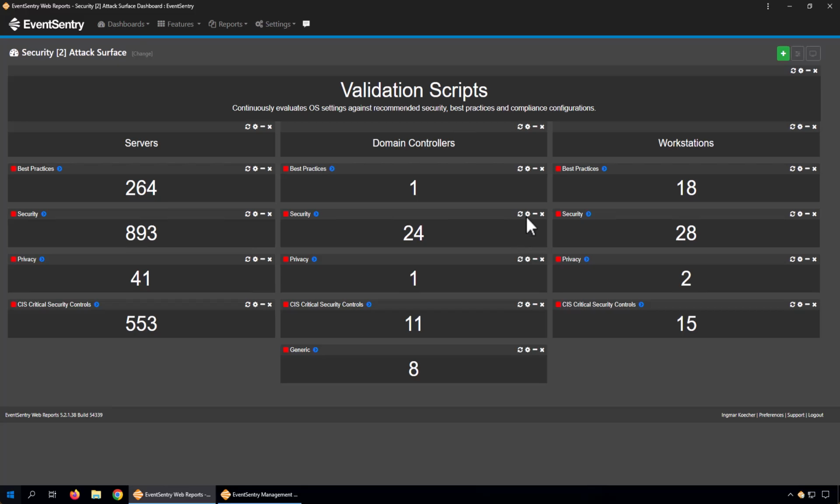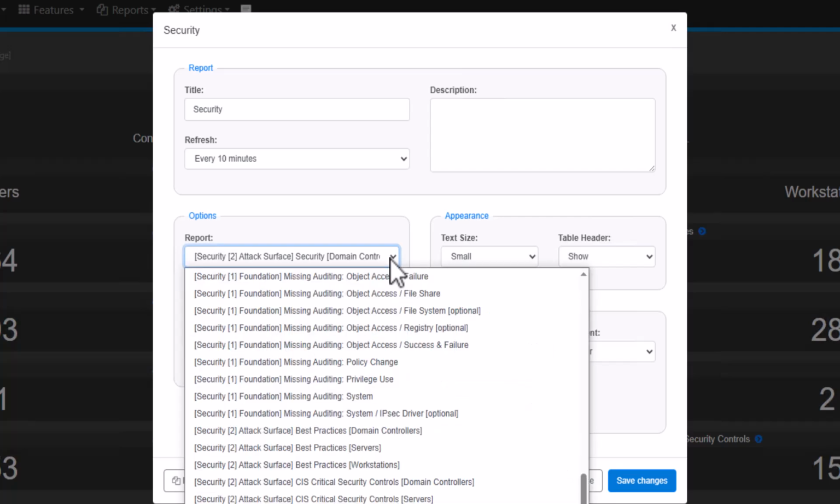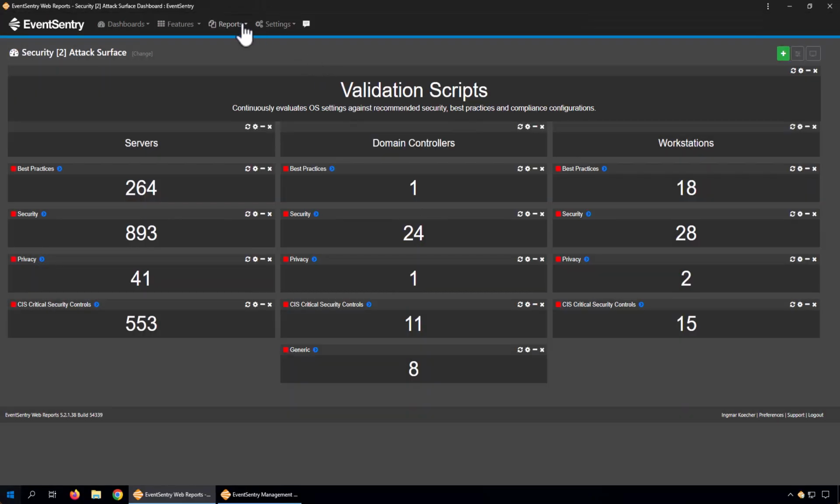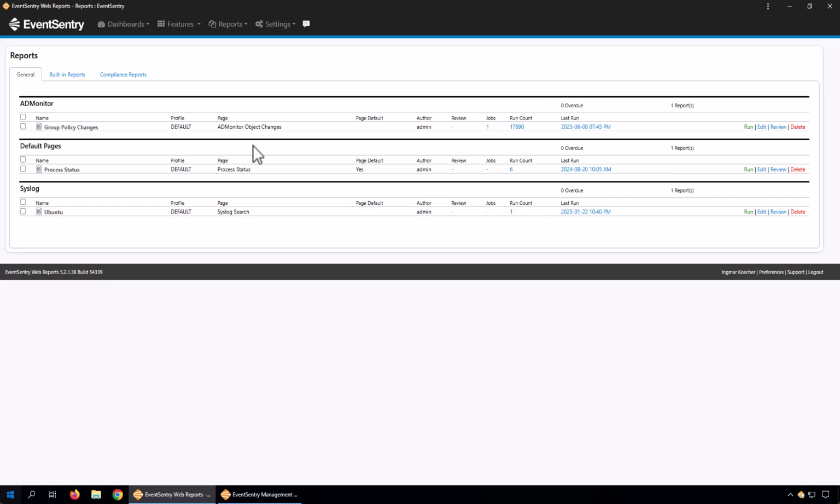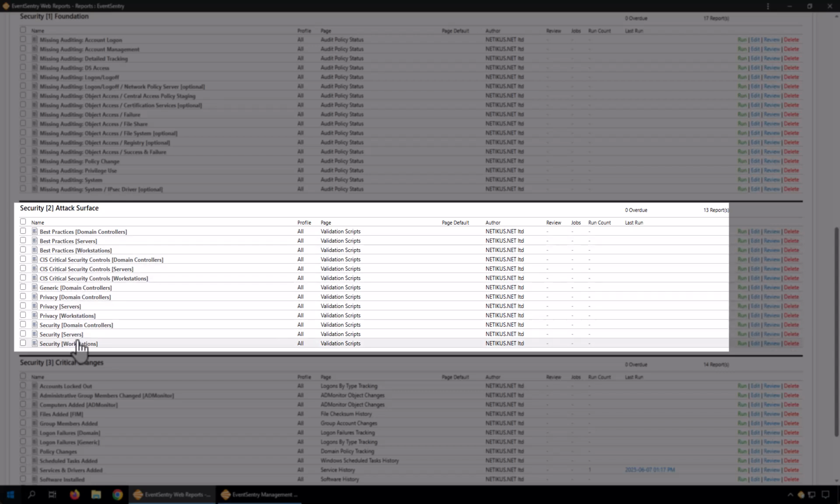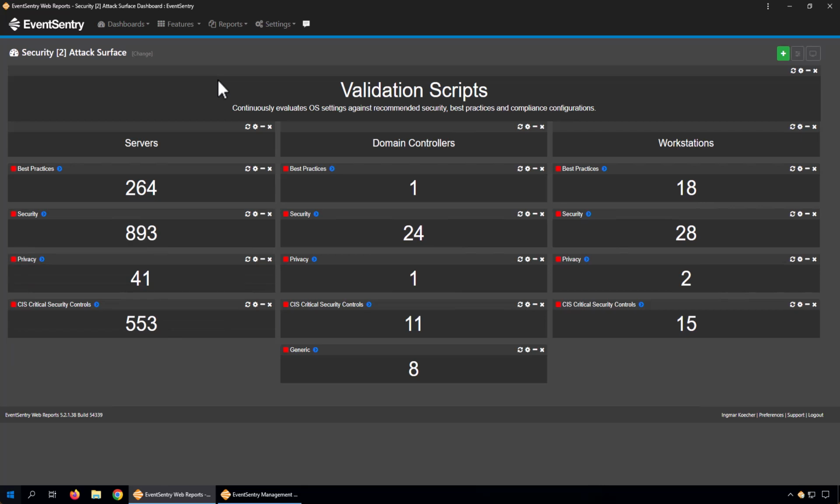And what I mean by that is if you edit the tile here, you will see that this tile references this specific report here. And the report is called Security Domain Controllers. So you can actually go into the reports on the top here, find this report. So let's take a look here. Built-in reports, and you'll see that the attack surface here, all these tiles are actually utilizing these reports here, and you can go in and you can edit them and adjust them as needed. And again, you can remove certain things. If you're saying, I don't really care about privacy, you can simply remove that tile or change it or add